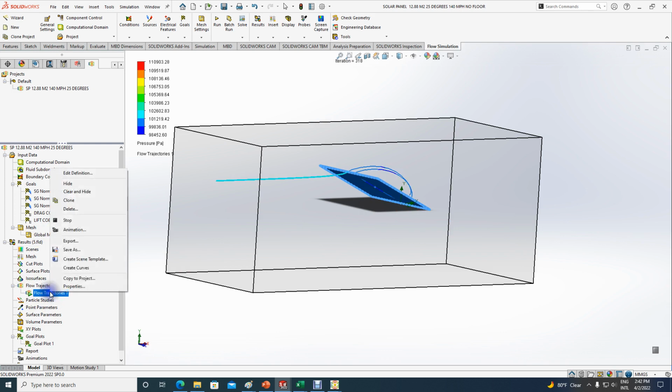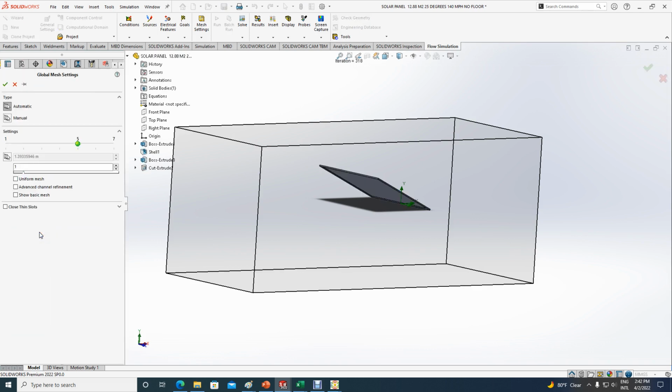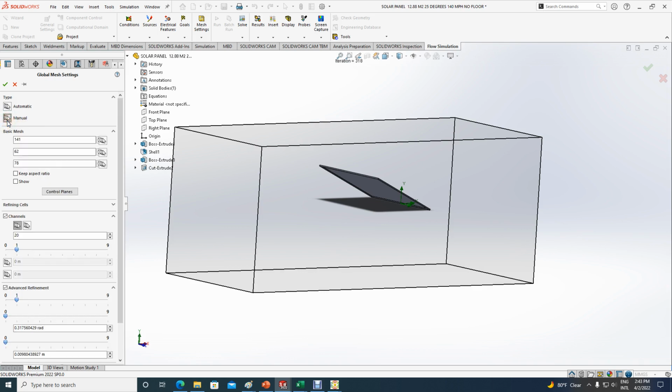Let's stop this, let's hide this, and let's go back to mesh, global mesh, and now let's hit S7, and this will take a while. Let's hit S7. And what else should I do? Go manual here for 1 second. As you can see on the